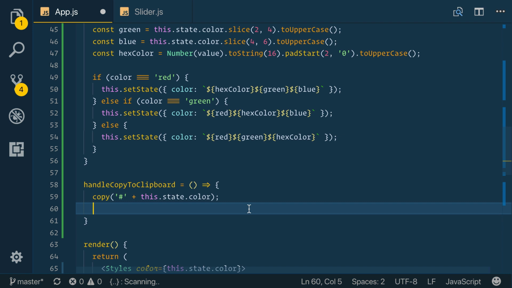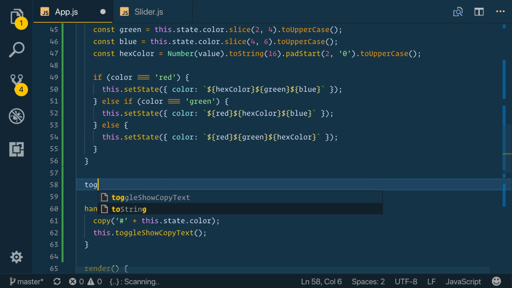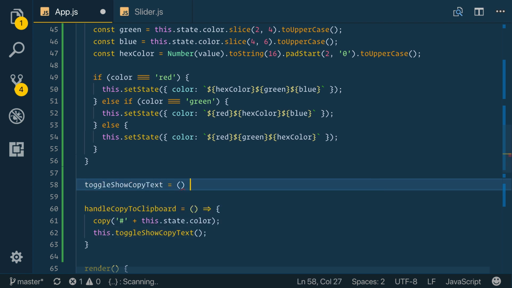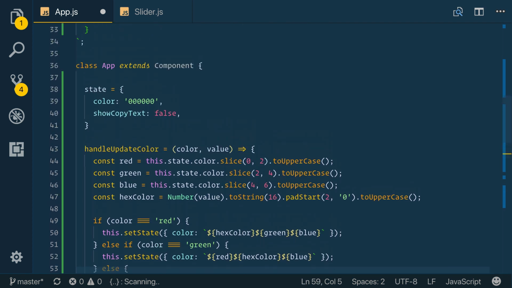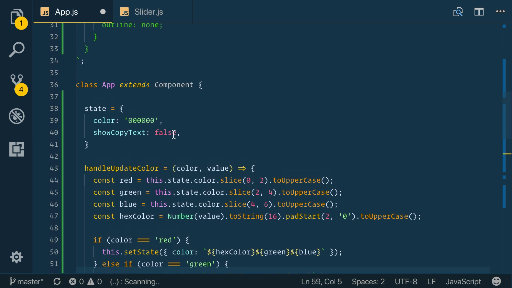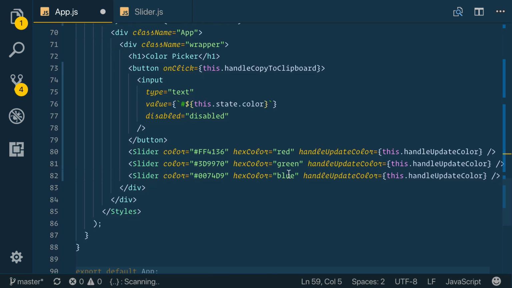So let's go ahead and do the toggle show copy text. We'll say this dot toggle show copy text because I don't want to mash it all into one function here. And toggle show copy text, because we want to reference this guy here. And what we want to do is update the state. So if you remember, we have our state show copy text false. So right now it's just doing nothing. But we want to update that because what we want to do is,